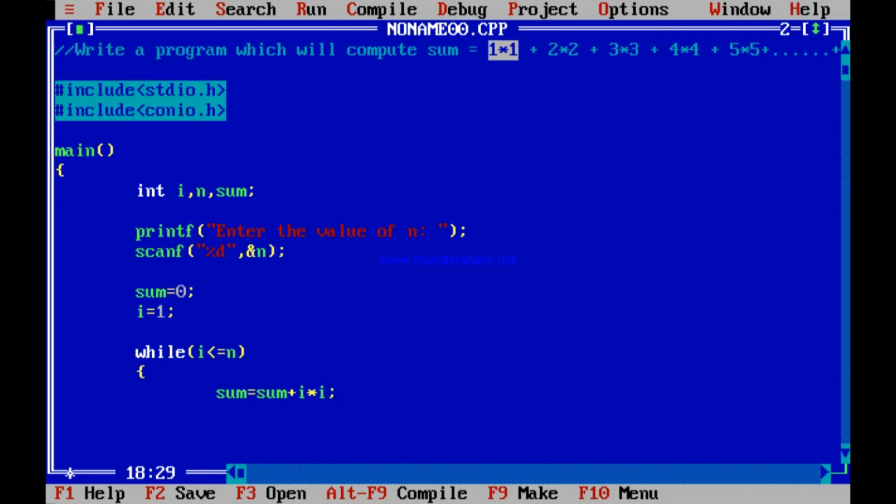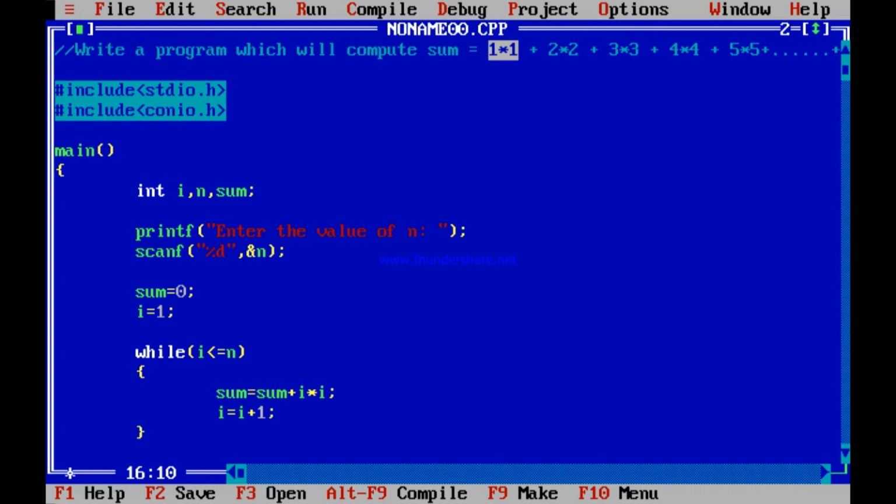I believe you understand this. You want sum plus i into i, because first time i is 1, second time i is 2, third time i is 3, because every time in the loop I will increment i equal to i plus 1. Then that's the end of the while loop.